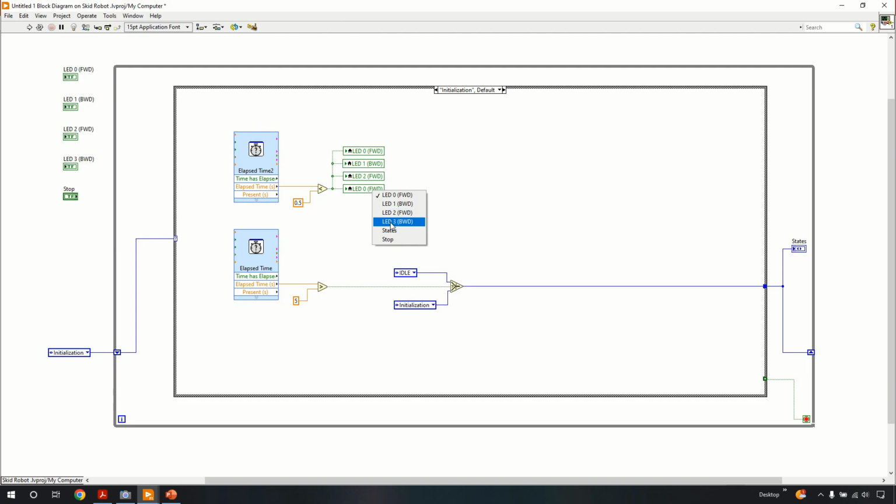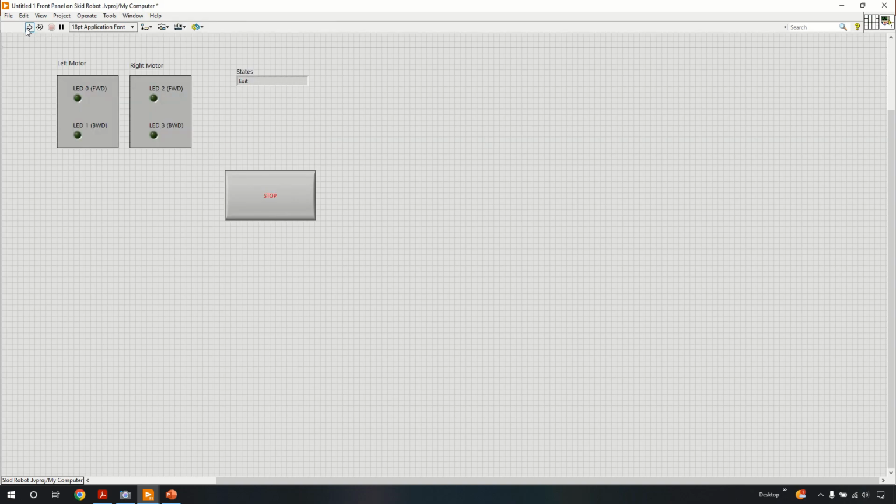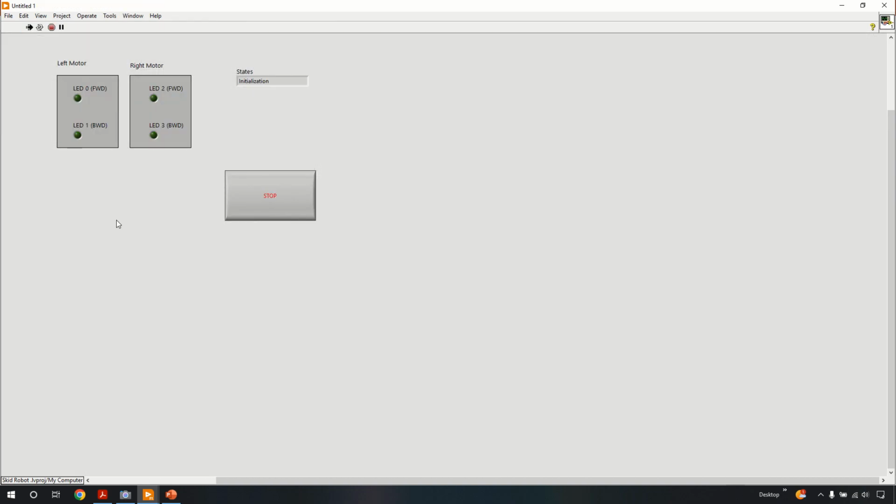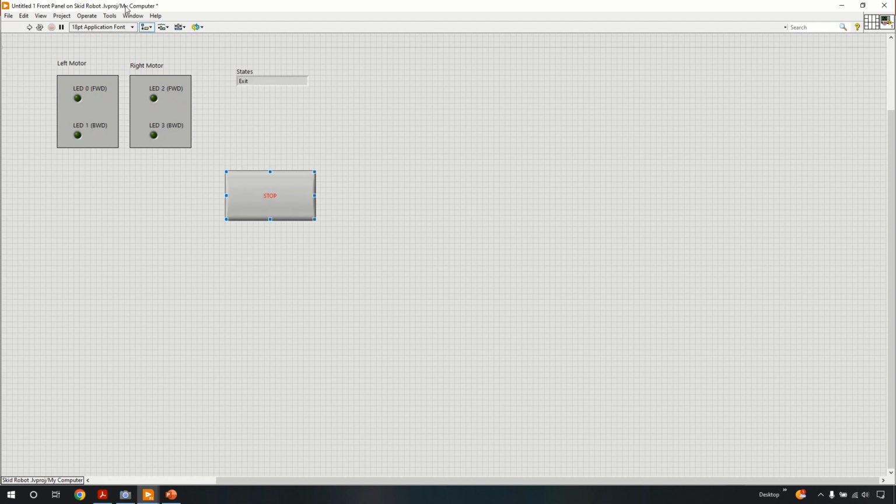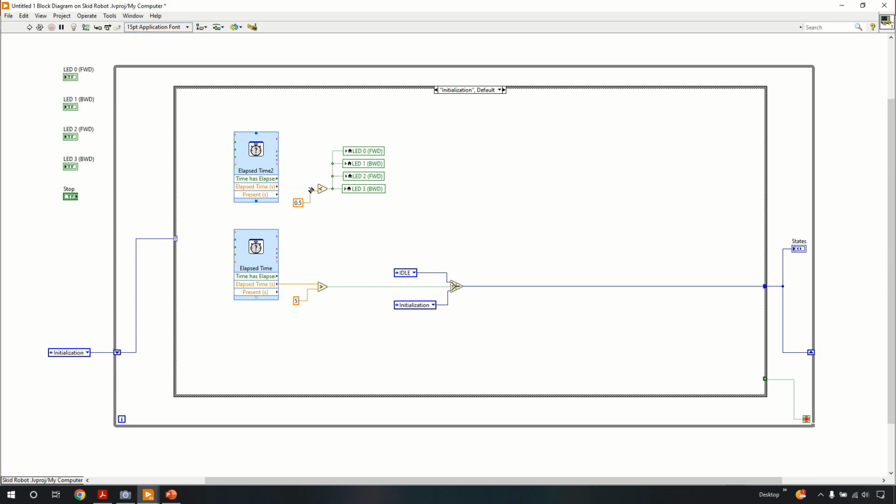So we can change them, run our VI again, and you can see now all of the 4 LEDs are flashing, which is great. Now we can go forward, backward, left, right, press the space bar. And that's it for our state machine. Perfect. Now we have our state machine, but now what we are going to do is to communicate these LEDs,